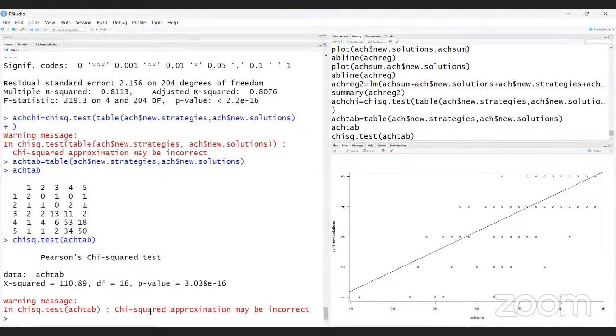So that is the warning message. But keep in mind that the expected frequency should be less than 5. But here, this is not the issue.